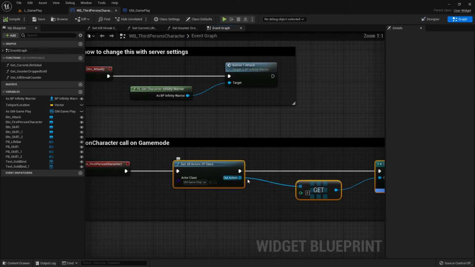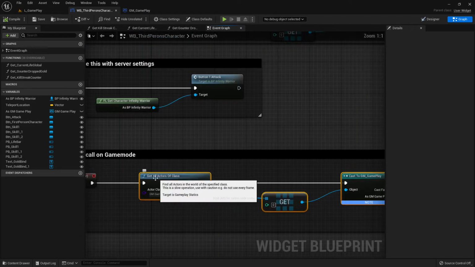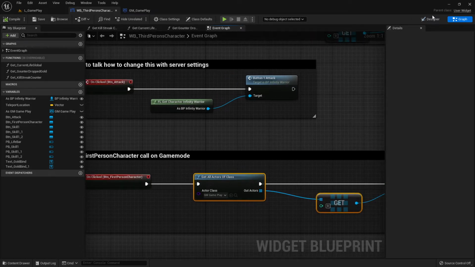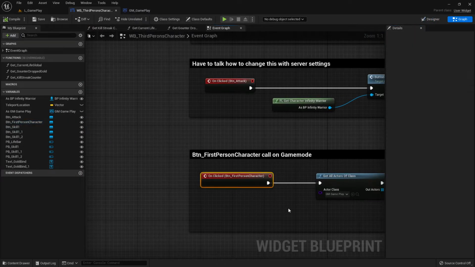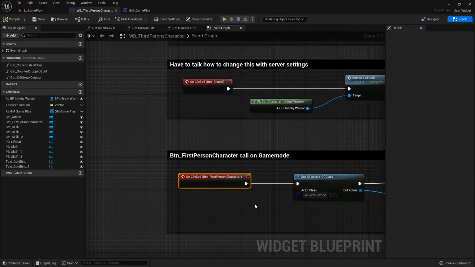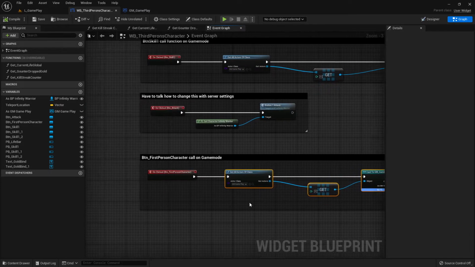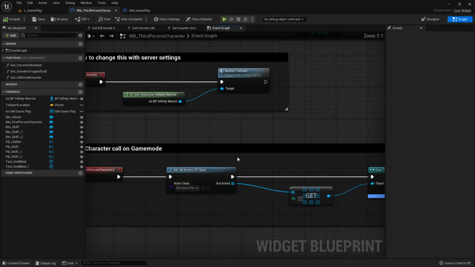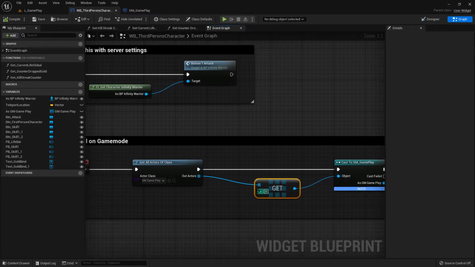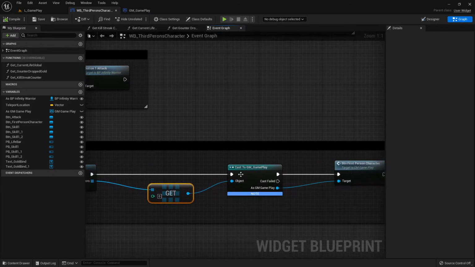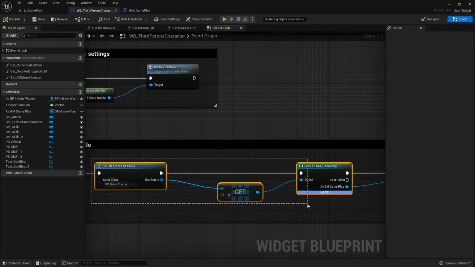And this one here is just the old way to do it, not the best way, but you know what this is? This is just when I click the button. Let me show you this fast again. When I click here, then this node will be activated. It is called the on click begin overlap node. And then it will execute all the code that comes after this one, right? And this first node is just get all actors of class, get the first element, and then I have specified the gameplay here,